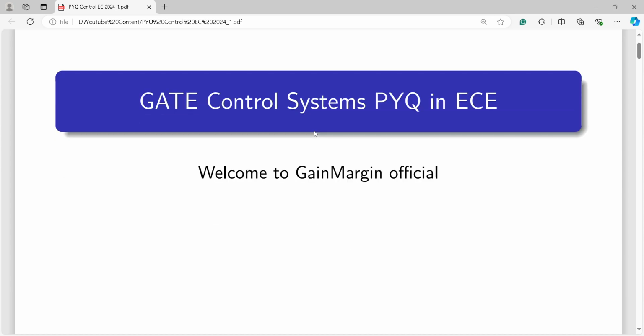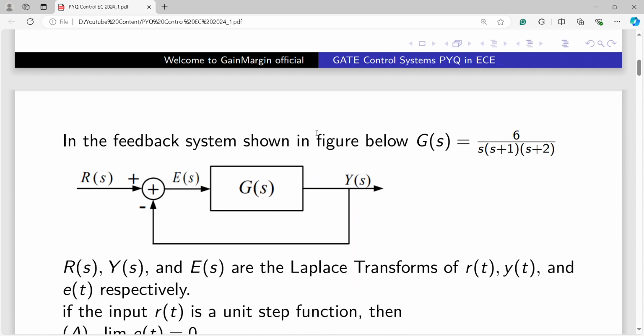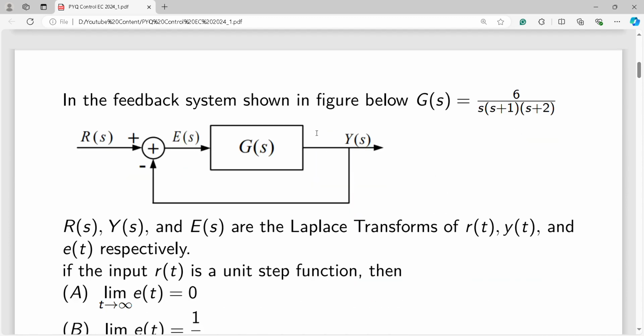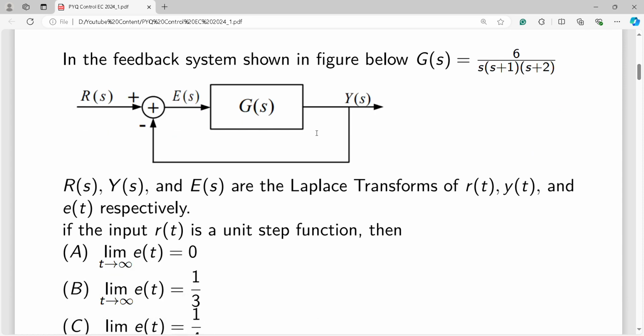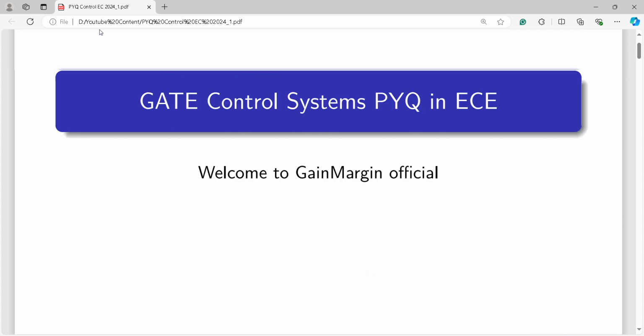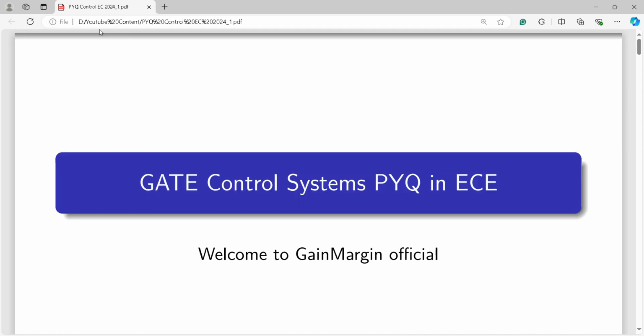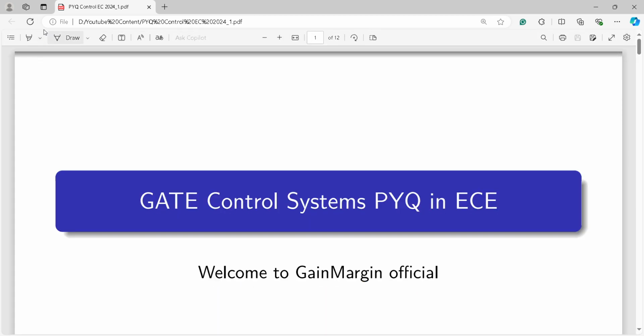So let's get started. We are taking one more question asked in the EC GATE exam. All right. So I will state the question. In the feedback system,